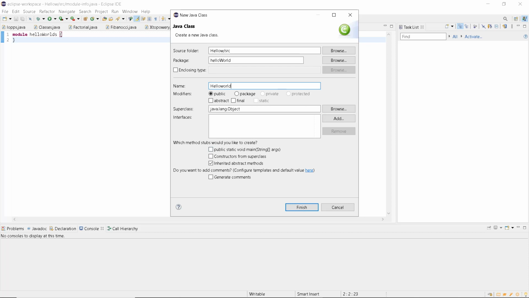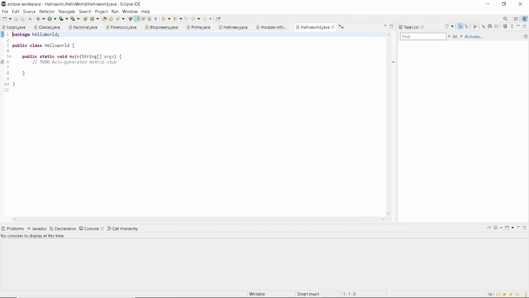The method we'll use is the main method over here, public static void main. Well, I'll explain this later. See, now you could see package hello world. Under the package you have a class, and under the class we have methods, and we'll create more variables. Well, public static void main string args. You might be wondering, what the hell is this public static void main? Don't worry, I'll explain this later on.